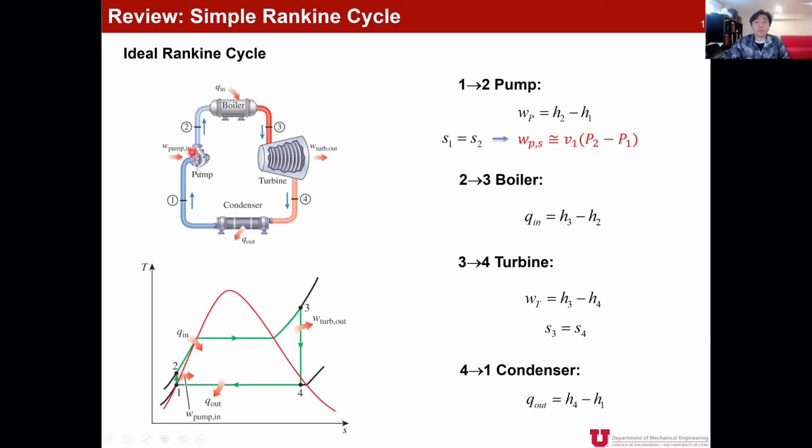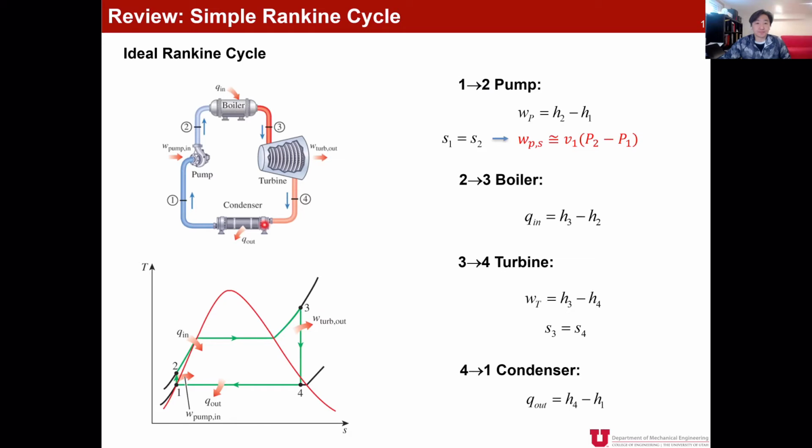Through the pump, we increase the pressure of water, which is the working fluid. In a steam generator, heat is added to the working fluid to change the water to superheated steam. The steam expands in the turbine to generate power. And after expansion, steam goes back to the condenser, and its phase is changed to water by rejecting heat to